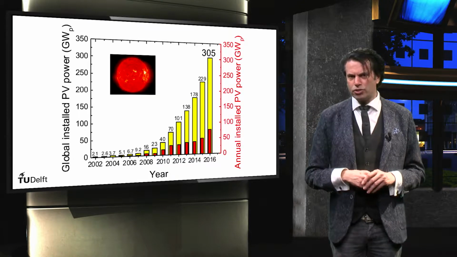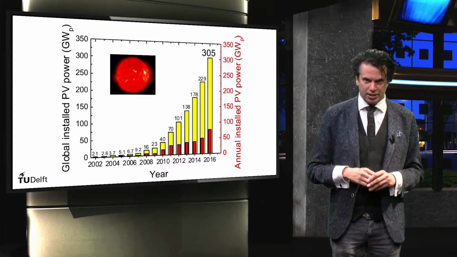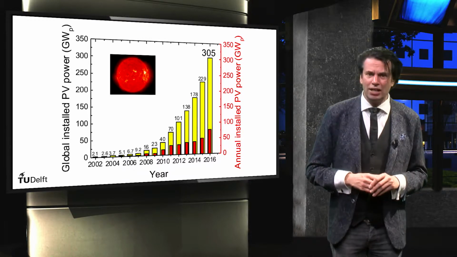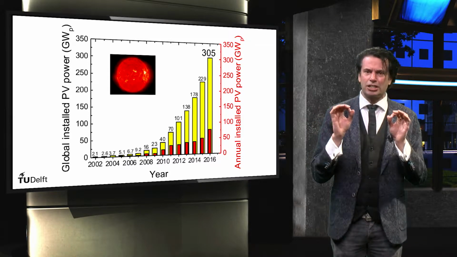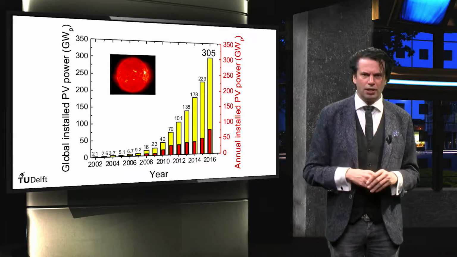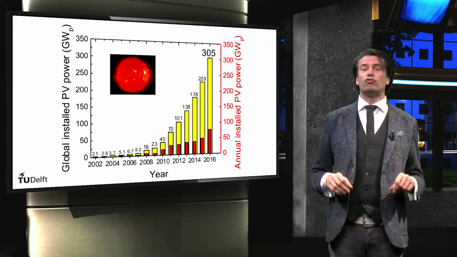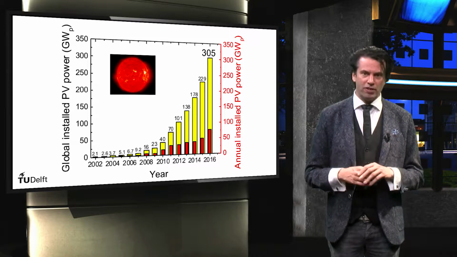The red bars illustrate the amount of global PV power that has been installed annually. These annual installations have been steadily growing as well, indicating that the production capacity for PV modules is still expanding and the annual growth is expected to increase further. These impressive figures have been a result of 3 decades of research and development advances in the various PV technologies